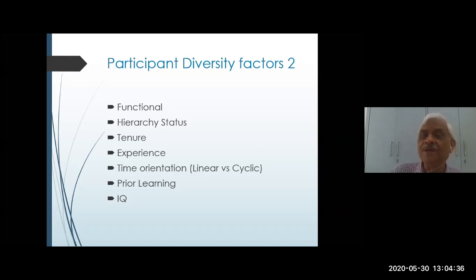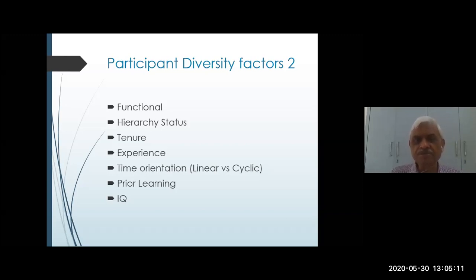In fact, people coming from different industries and being in the same program many times helps them move away from the tunnel vision, the blinkered thinking they might be having. That is why many times we send people to multi-industry programs, only to ensure that they do not have the blinkers of our industry only.